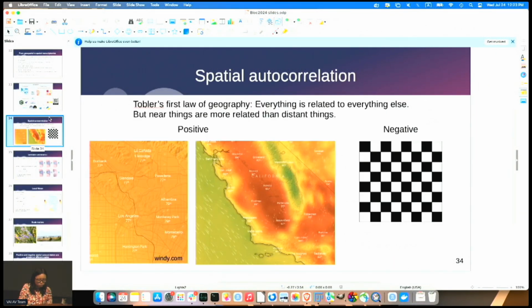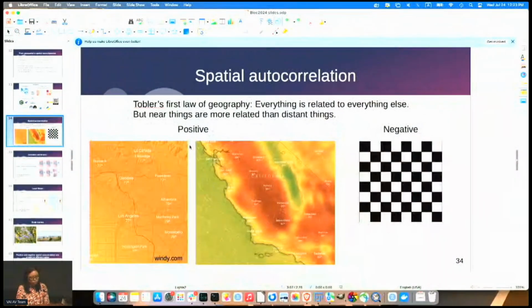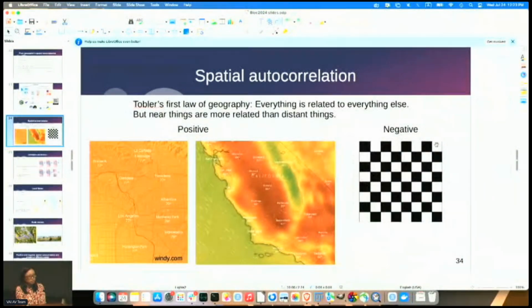What is spatial autocorrelation? It's a big topic in ESDA. Basically it means that everything is related to everything else, but near things are more related than distant things. For instance, there can be positive spatial autocorrelation, where nearby things tend to be more similar, just like in weather. But there can also be negative spatial autocorrelation, which is very much neglected because there are way more examples of positive than negative spatial autocorrelation. For negative spatial autocorrelation, nearby things tend to be more different, like on a chessboard, where the neighbors must be different.